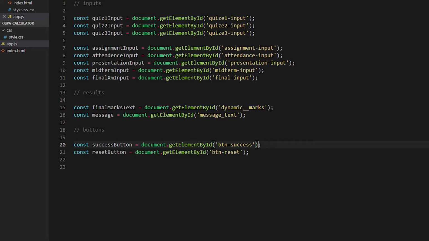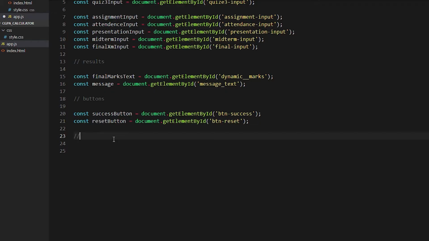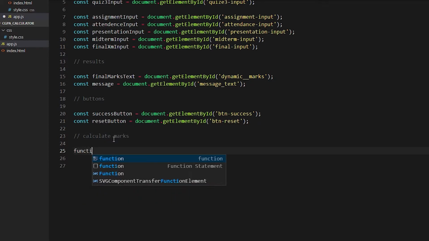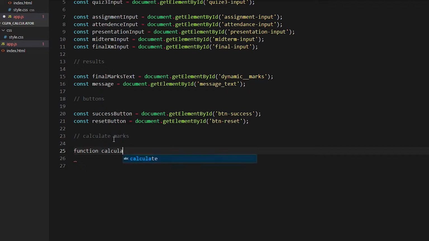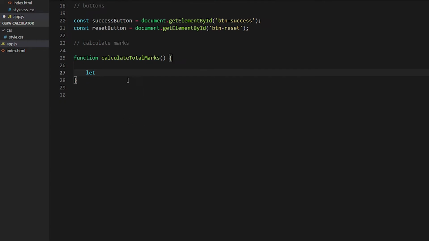So all the inputs are done for this, all the fields and all the calculation. The reset button is done. Now we just need a function to calculate the marks. So we need to write function calculate total marks. Okay, so it will calculate total marks. For that we need some variables. So we need quiz 1. You can write it q1, q2 and q3, and then we have assignment and attendance